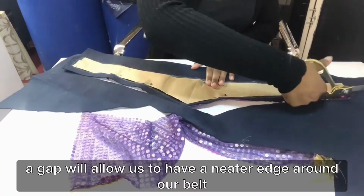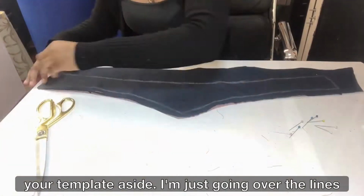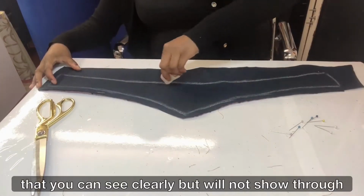Leaving a gap will allow us to have a neater edge around our belt later on in the process. Remove your pins and put your template aside. I'm just going over the lines with my chalk. If you are using a pen, be sure to use a colour that you can see clearly but will not